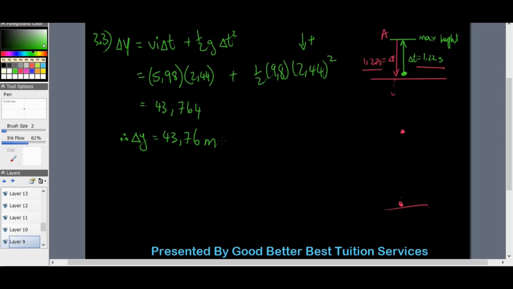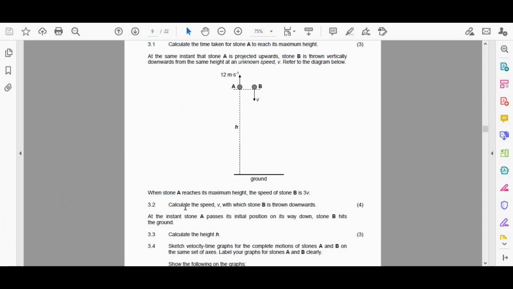So the height, which is equal to h, or delta y, so therefore h is equal to 43,76 meters. Beautiful. That was a beautiful question. And then, of course, the next question was